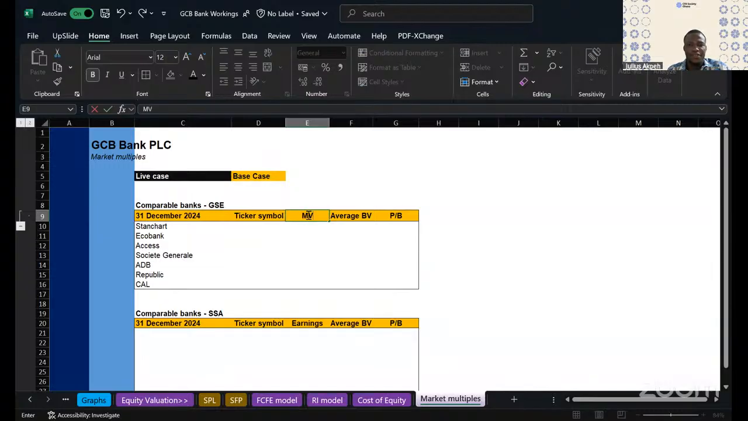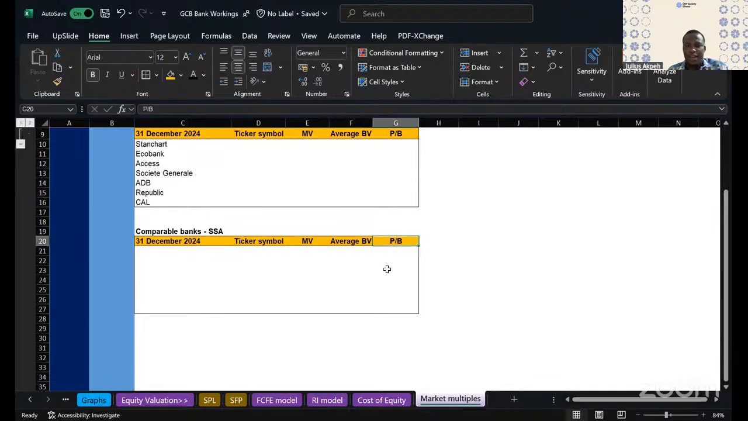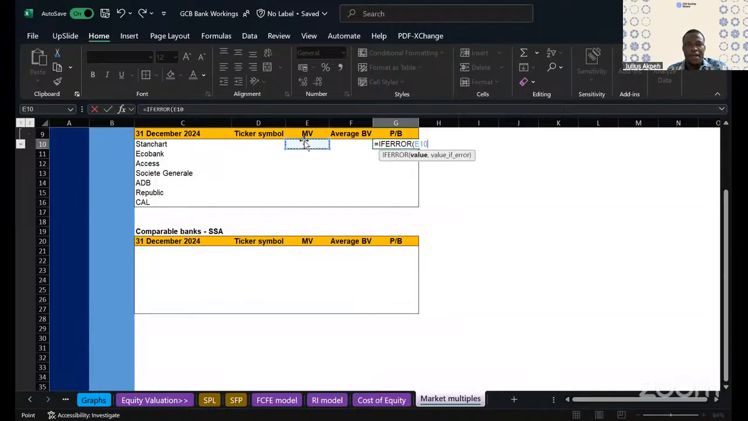Or market value, right? That's what I wanted to write, market value. And then we have this here. So I have if error, the market value divided by the average book value. Why am I even writing average book value? You know, when I was writing average book value, what was coming to my mind is that